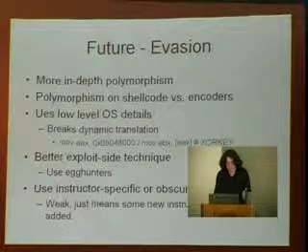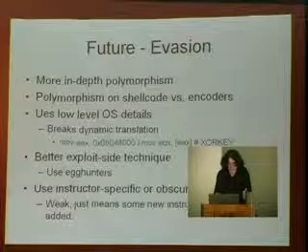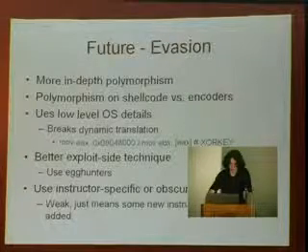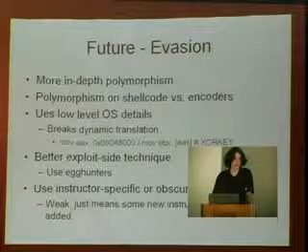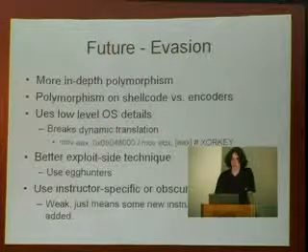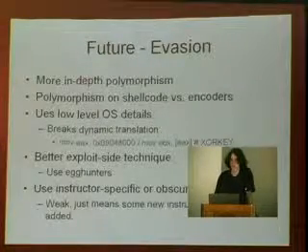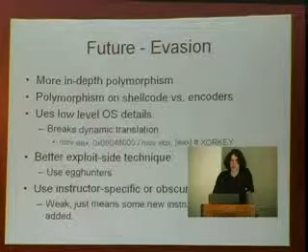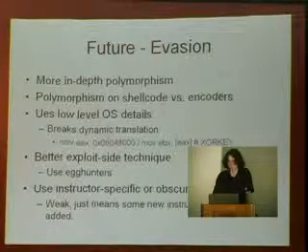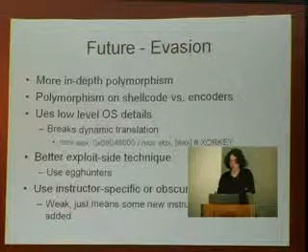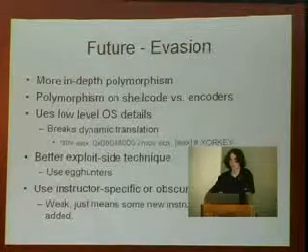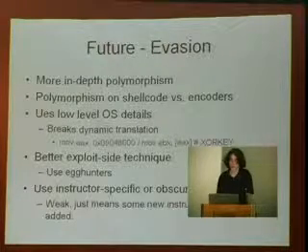Let's skip better exploit side technique for now. Using vendor-specific or obscure instructions may be useful for breaking dynamic translators temporarily. Dynamic translators are going to understand the basic instructions. They're going to understand XOR. They're going to understand move. They're not going to understand vendor-specific instruction sets like 3DNow!, which is on AMDs but not Pentiums, or SSE2 or MMX or other,